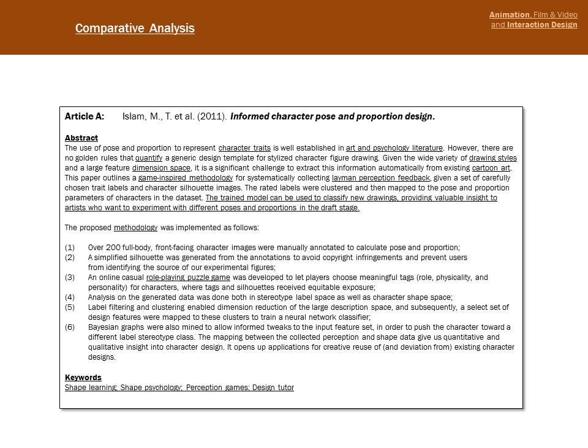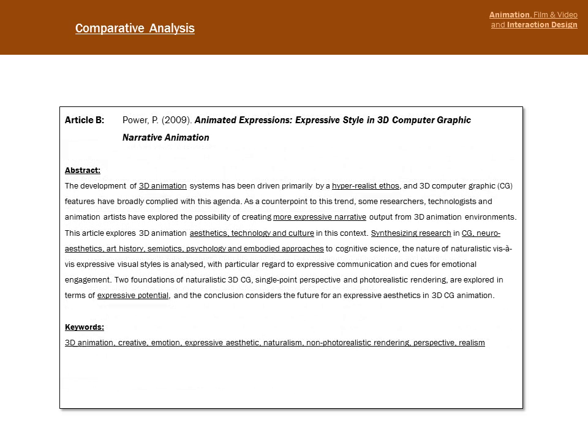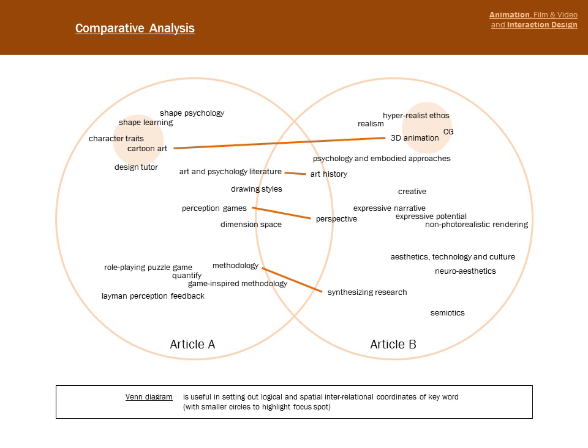The key terms are underlined and inform the basis of a concept map or Venn diagram, which reveals the key similarities and differences between the two articles, which is focused on cultural expressions of animation and ways of understanding stylizations of that diagram. It is illustrative of what's being considered as the four main points of similarity and